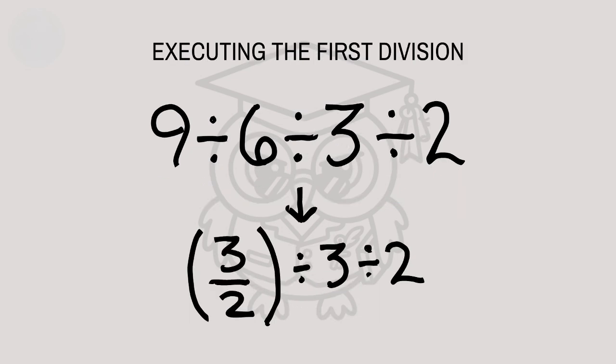Let's execute our first step from the far left. We take 9 and divide it by 6. To maintain absolute precision without messy decimals, we write this as a fraction, 9 over 6, which reduces cleanly to 3 halves. Dropping this back into the expression leaves our running string as 3 halves divided by 3 divided by